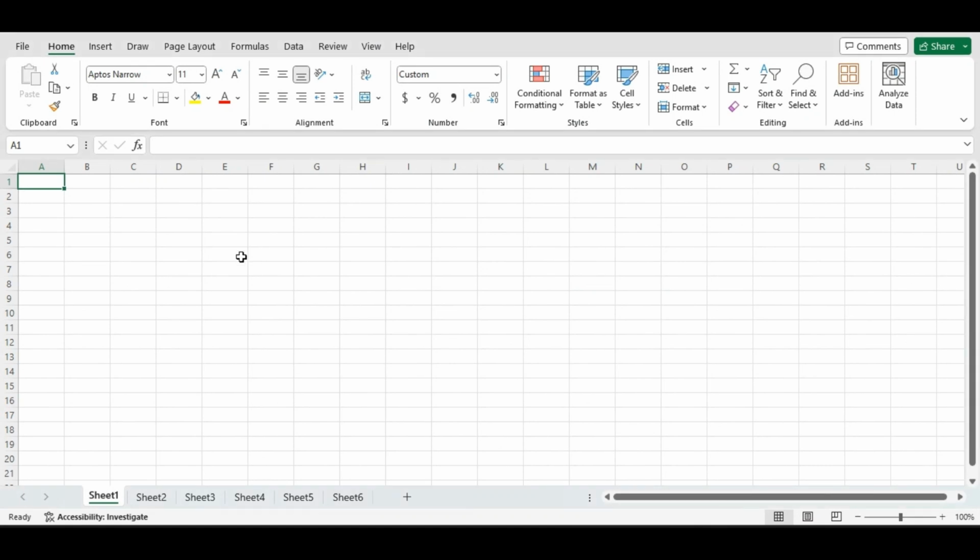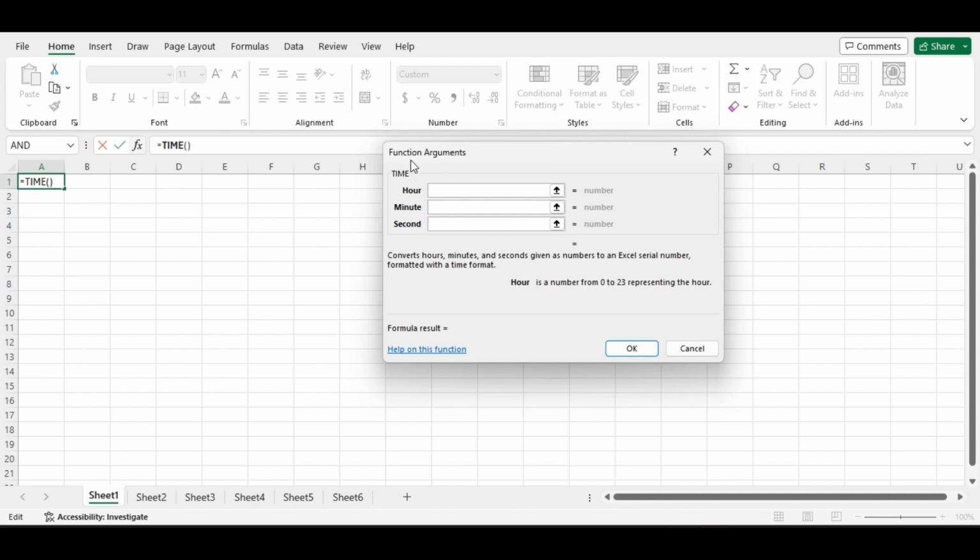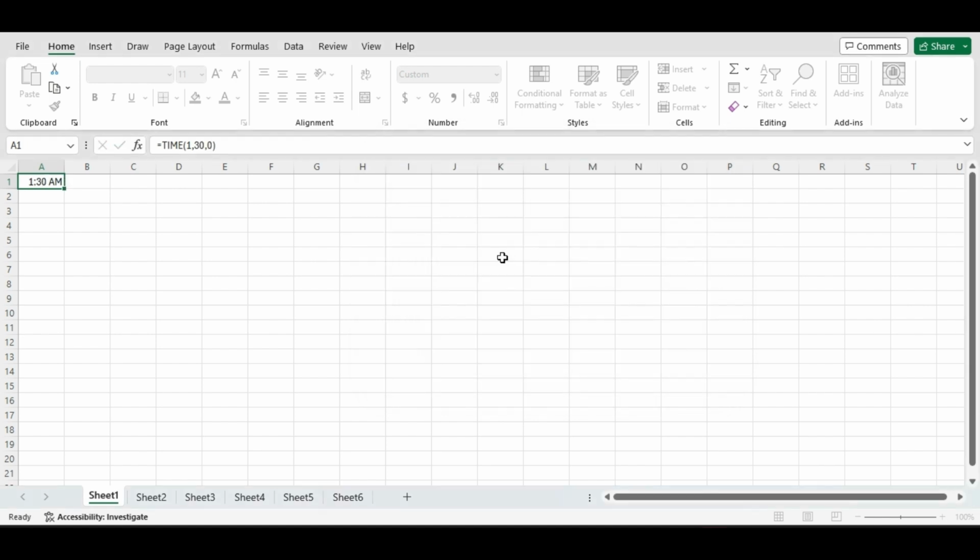Hello everyone, your Excel wizard here today teaching you about the TIME function, which probably does exactly what you would expect if you're expecting it to yield a time, which is exactly what it does. The function arguments box here says that the TIME function converts a certain number of hours, minutes, and seconds into a given time. So if I had 1 hour and 30 minutes and 0 seconds, I type it in and